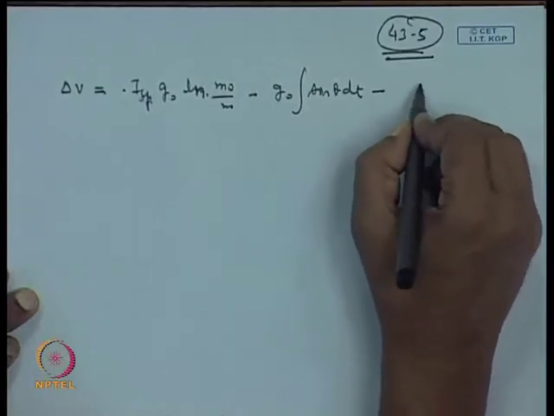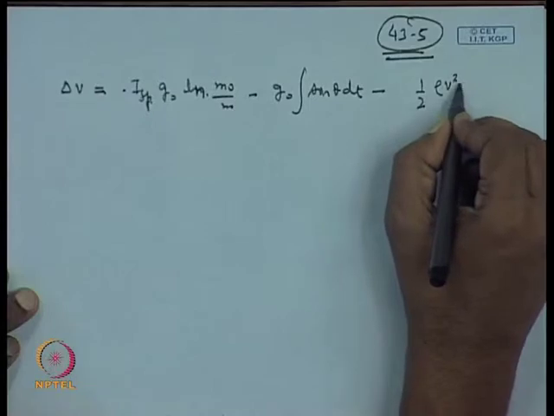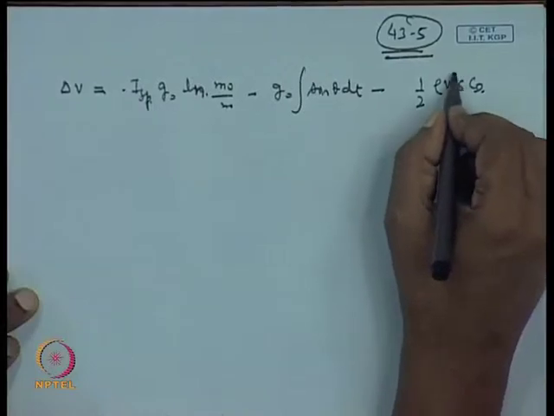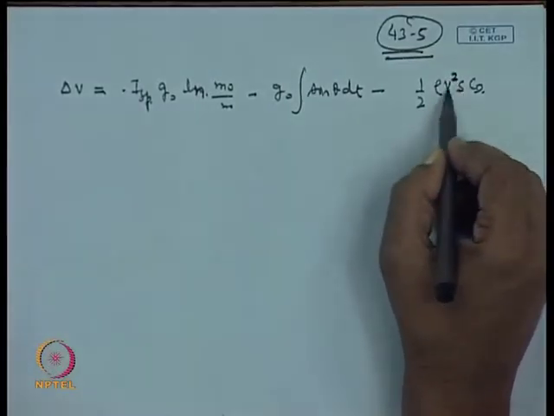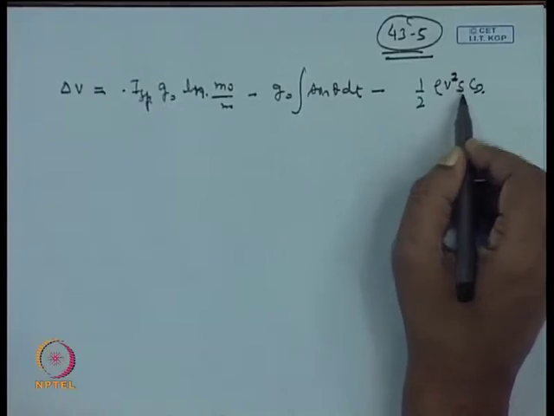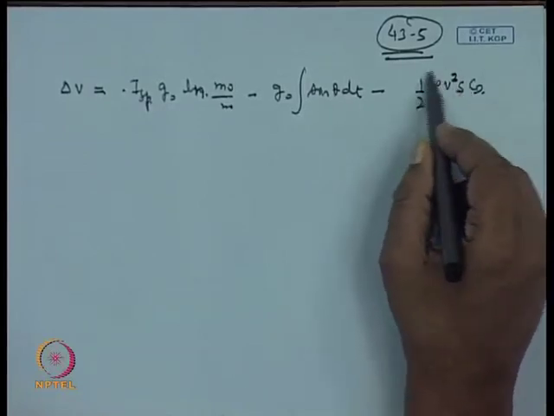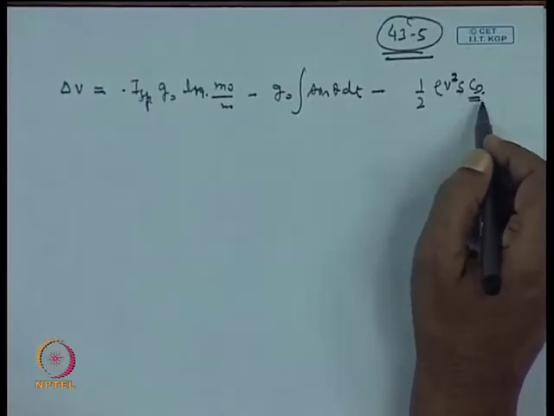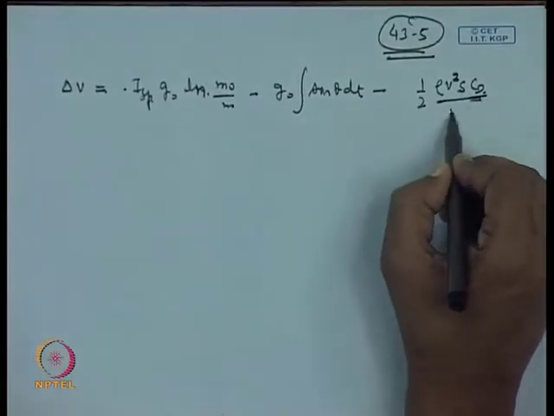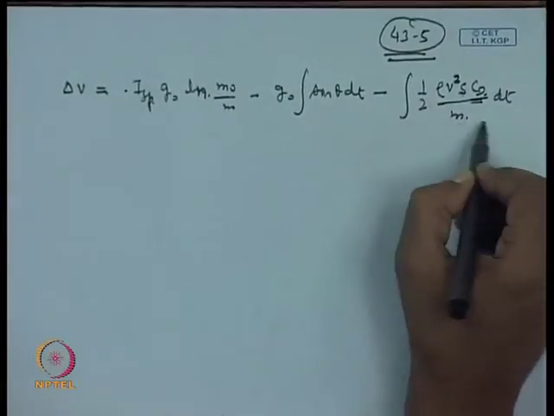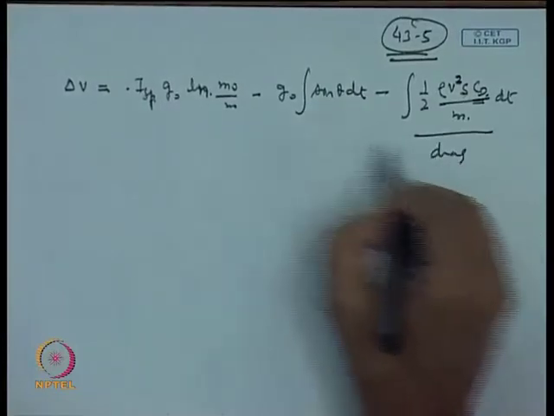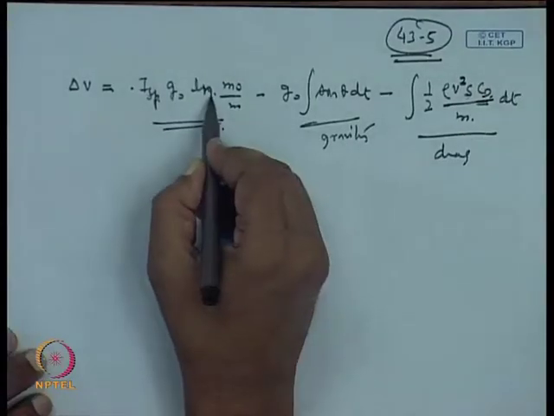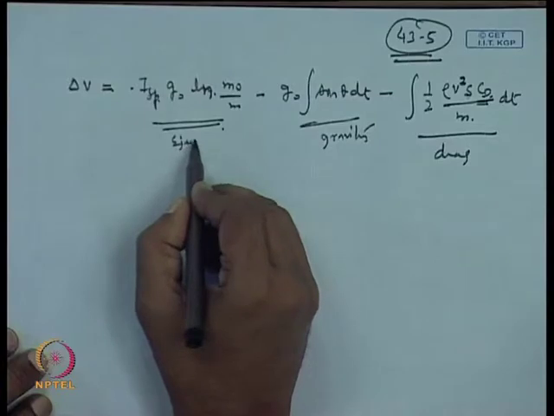And the drag force you can write as 1 by 2 rho V a square S times C D. So, this is the drag force basically. This you know from the aerodynamics. So, 1 by 2 rho V a square is the dynamic pressure, S is the cross section area. So, that makes it the force term, but this is multiplied by the C D, a coefficient, okay, and then we divide it by m here, and this is our drag term. So, this is your drag term, gravity term, and this is due to the ejection of the mass.